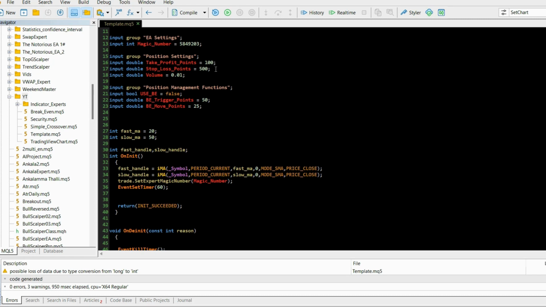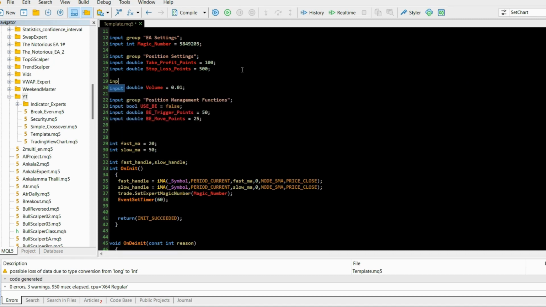And dynamic volume is really simple. You basically increase the volume as you have more money or more capital, and you decrease the volume as you have less capital. So yeah, that's it. Let's add this to our template. So I will create a new group called volume